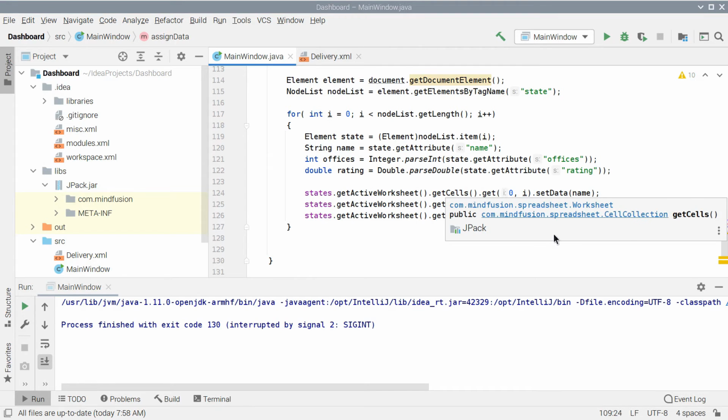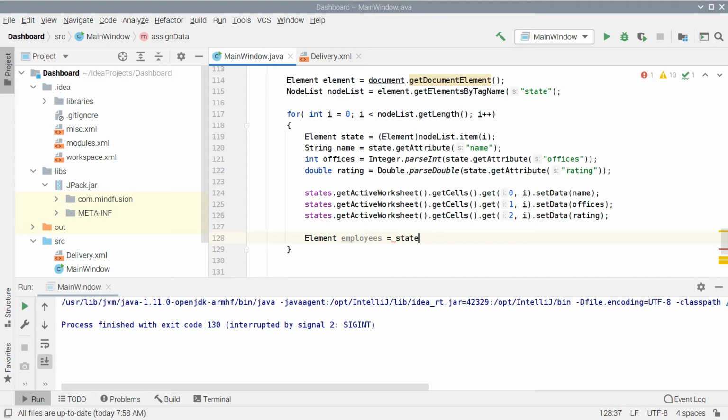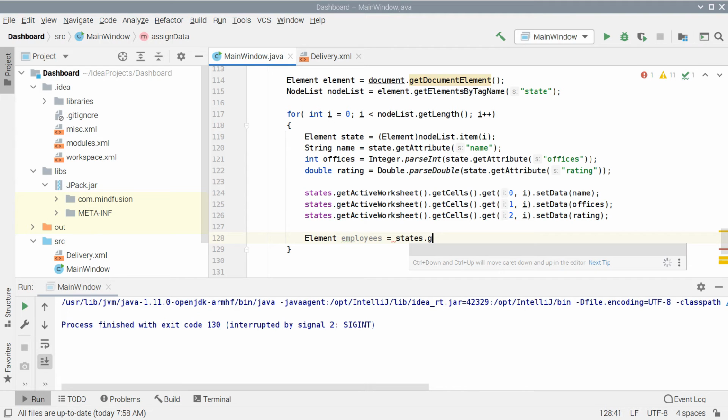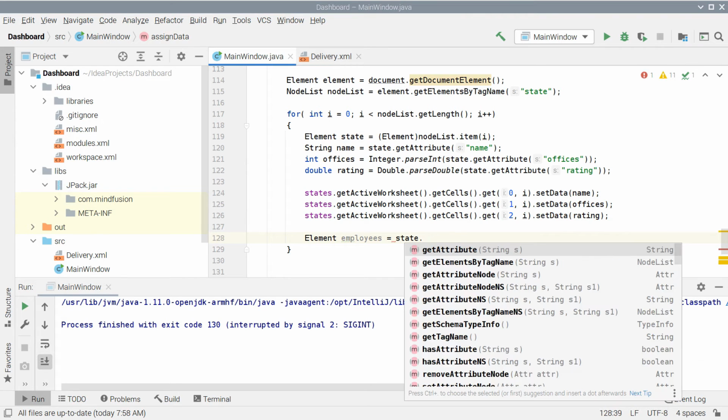Now we go to the Assign Data method and add the code that will fill the data in the second workbook. First, we get the only child of the XML node called Cities.